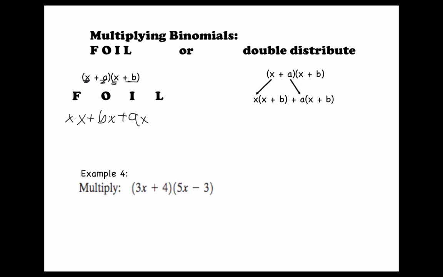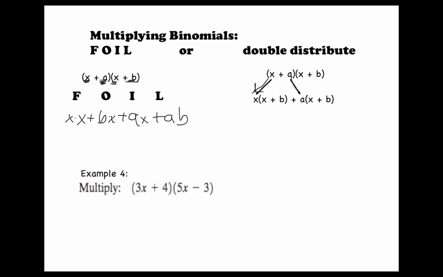And then L stands for last. A is the last thing in the first parentheses. B is the last thing in the second parentheses. So I'd have x times x, or x squared if we were going to keep going, plus bx plus ax plus a times b. The other way some people think of this is they split apart